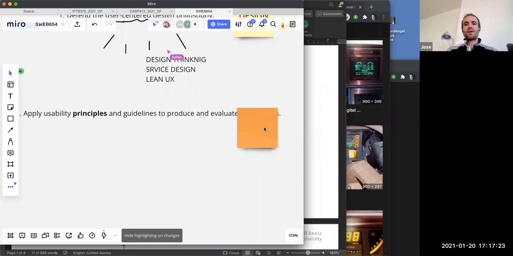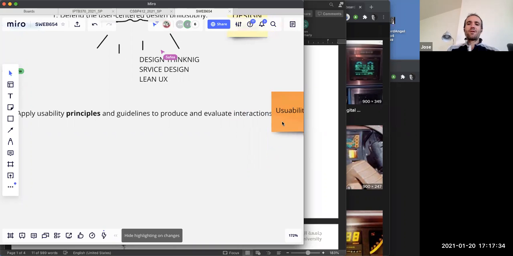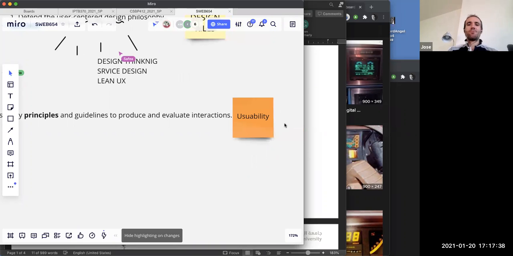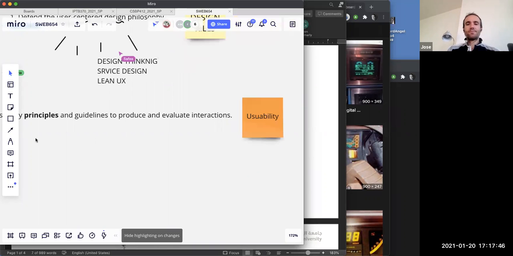This is also known as usability. So how do you measure the usability? I'm talking here about when you have an app or a washing machine, can the usability be improved or not? Is it easy to use? Is it hard to use? And so on. So we will learn about that. That's good. Number 3 is going to be